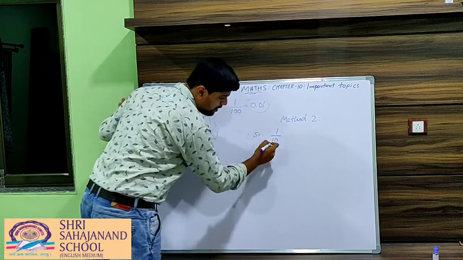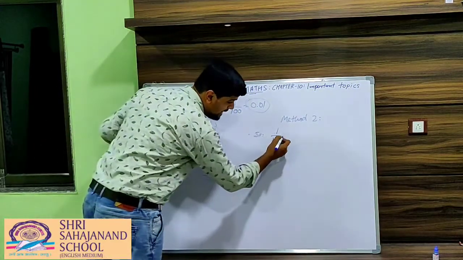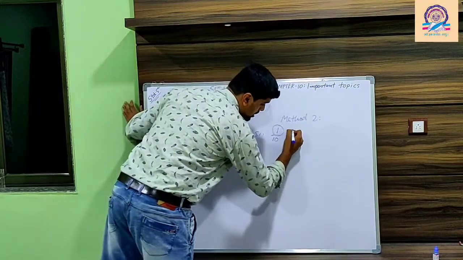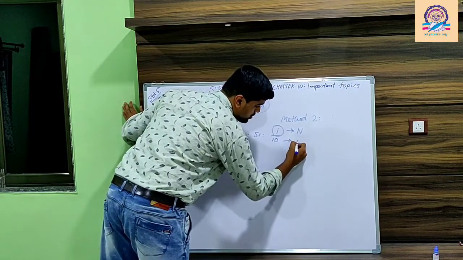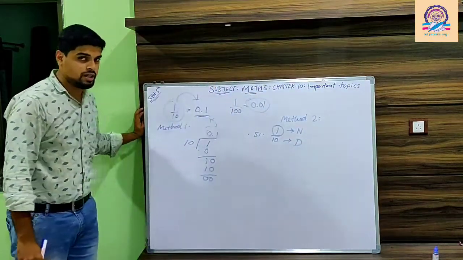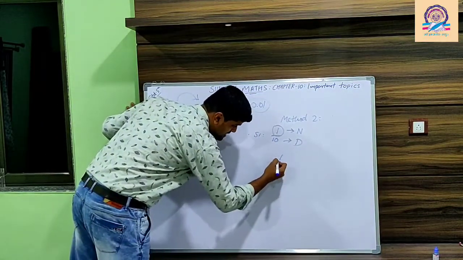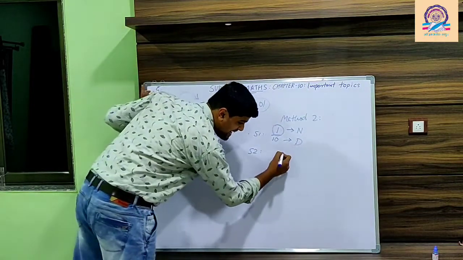Step 1, write the fraction form as it is. Now you have to write the numerator. We already know the fraction: the upper part of a fraction is known as the numerator and the lower part as the denominator, isn't it? So in step 2 you have to write the numerator as it is,